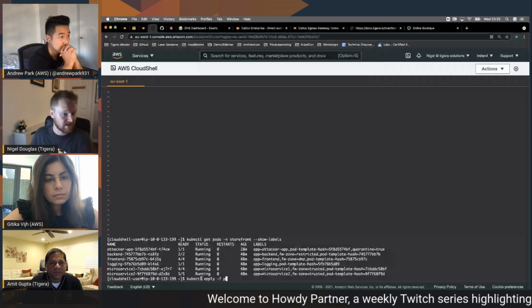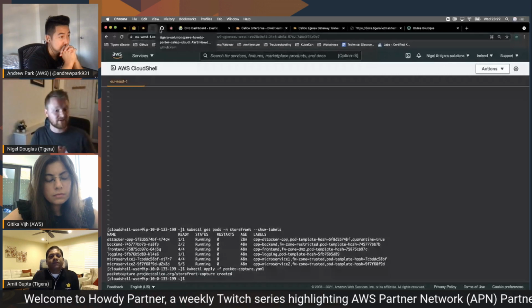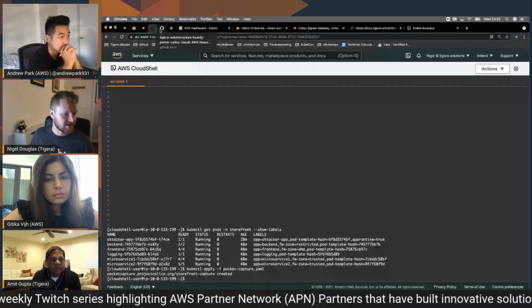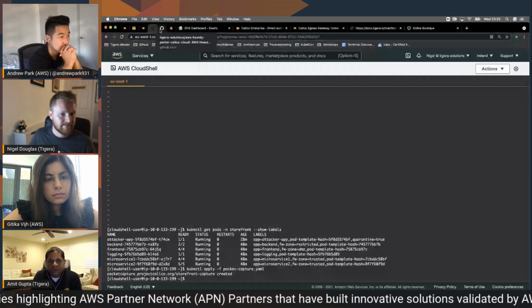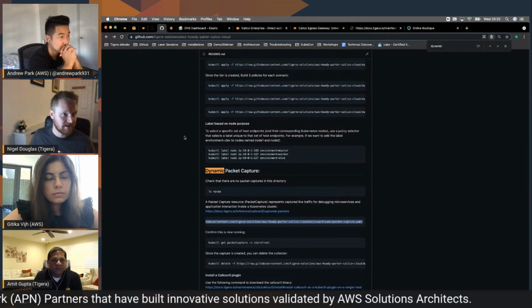That's good. It's going to start doing packet capture on the, again, Kubernetes concepts there. Like we talked about labels and we talked about specific namespace. We've got some granular context here that we're starting to do a capture on. Now, once I've done it, I can check that the capture actually has been created.